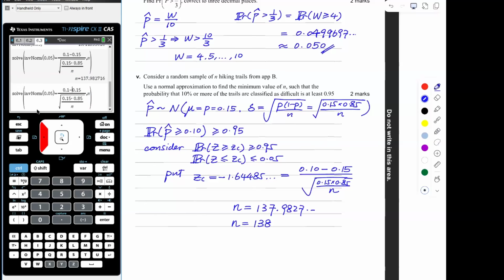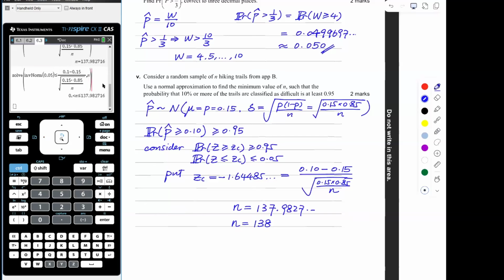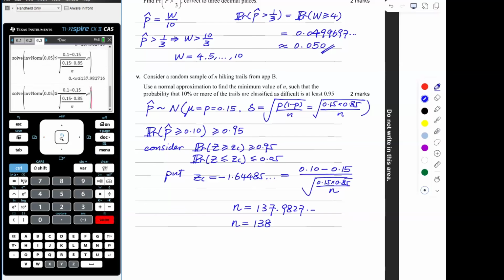Actually, this should be larger than or equal to. So basically, you would like to see n larger than or equal to 137.98, something along this line, okay? In all these places, you can just use the equal sign instead, because you're doing the rounding at the final step to get it to the nearest integer, right? Anyway,